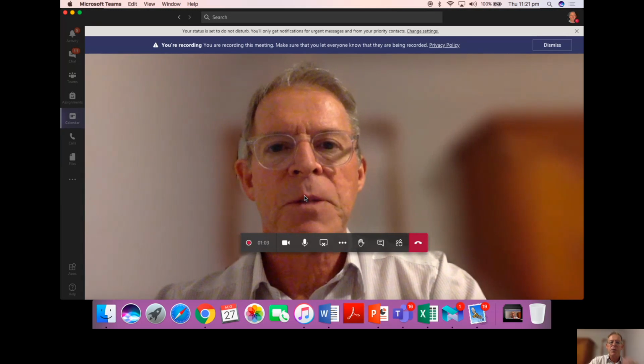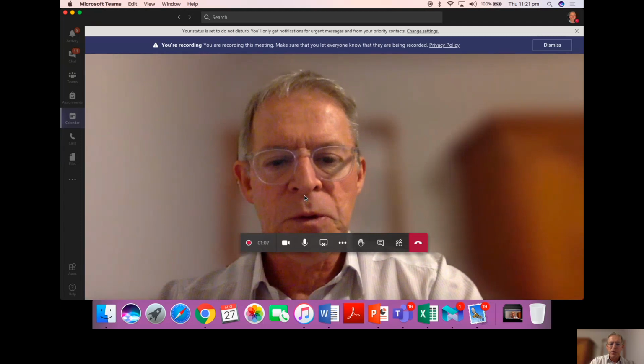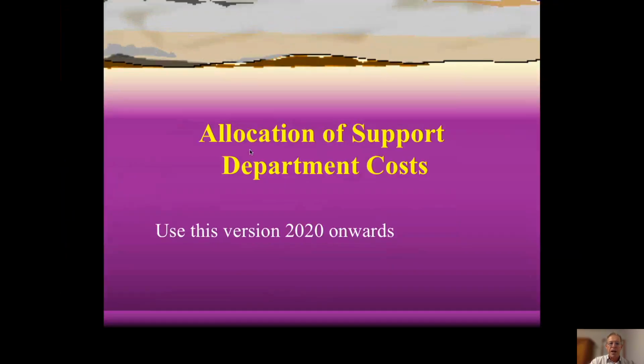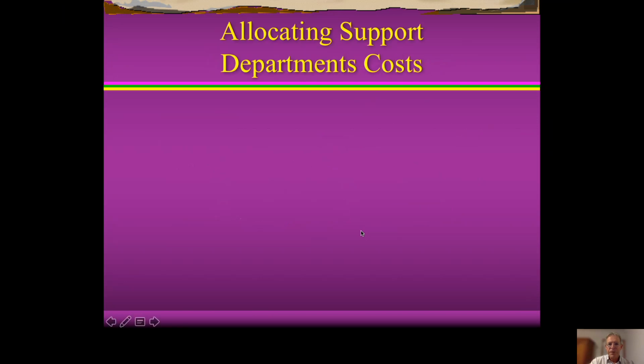There are three main methods, and it should only take us about 20 to 25 minutes. A few slides to walk through. Let's launch in and get cracking on it. So here are the three methods. First, the direct method, fairly simple. We'll explain that in a second, then the step down method, and then finally finish up with the reciprocal method